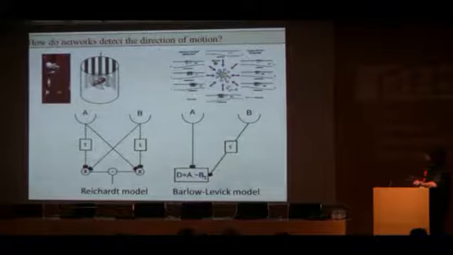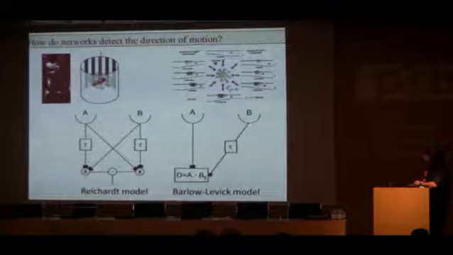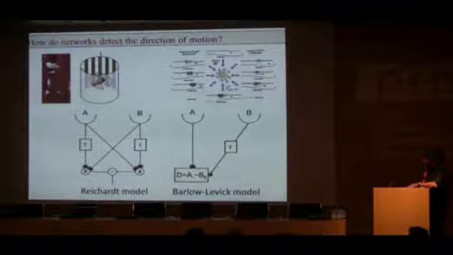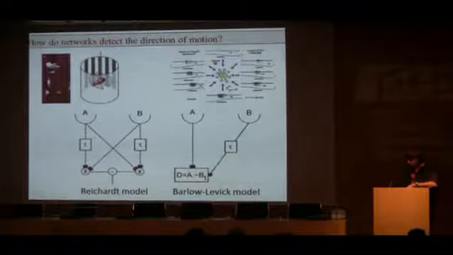In a different system, in the rabbit retina, there's a different model proposed by Barlow and Levick, which is given by an AND NOT gate. So when A is active and not B, then this is active. There is now lots of new progress in trying to find how nervous systems really do motion detection,